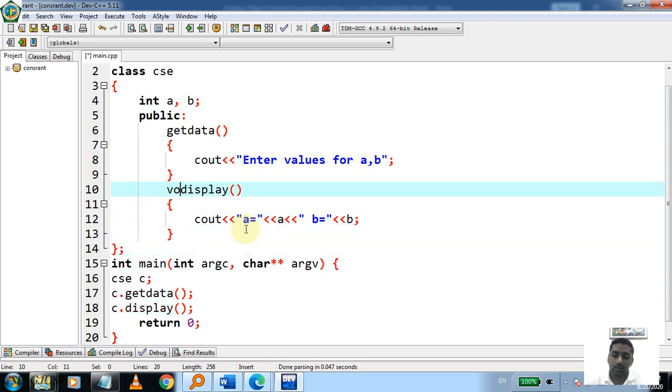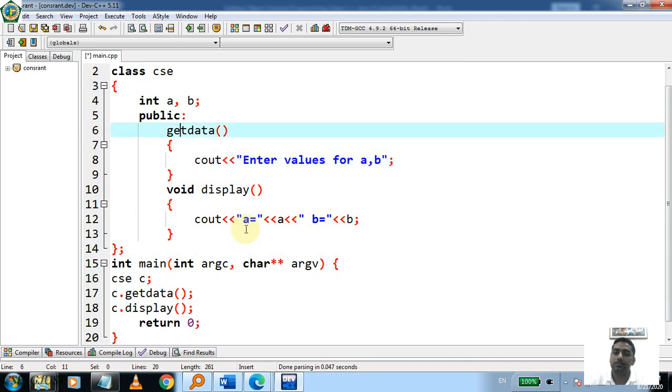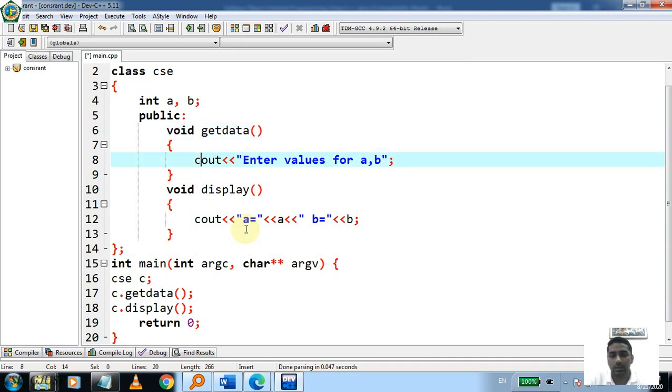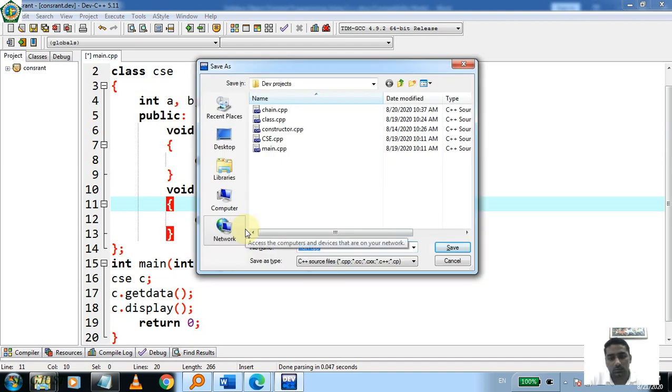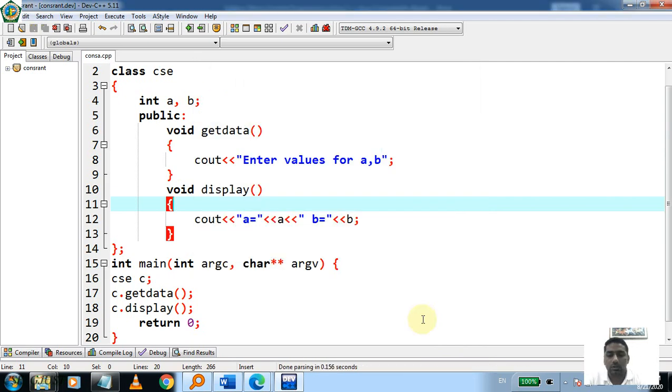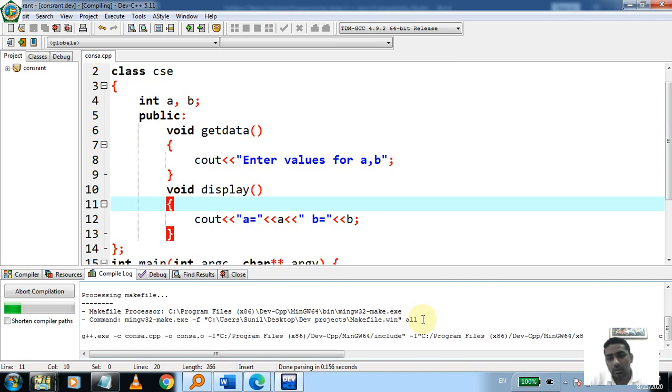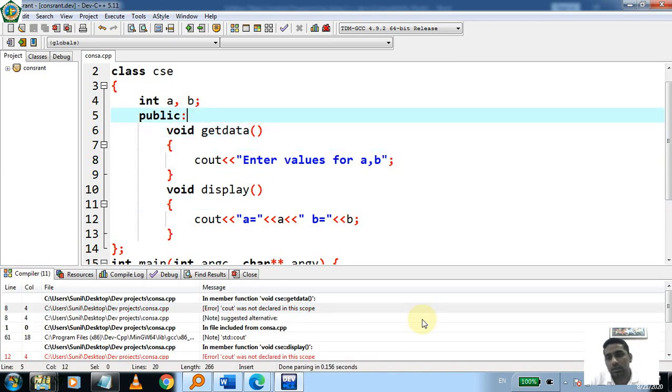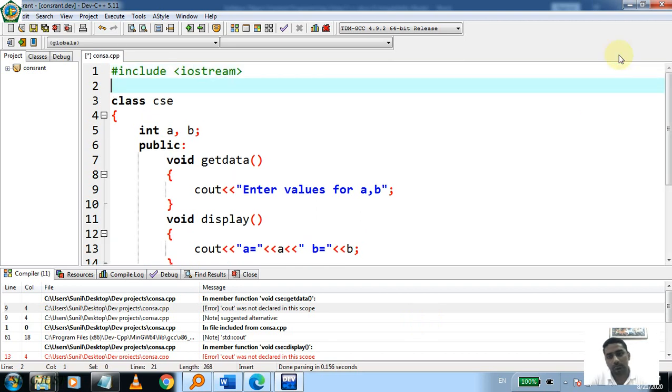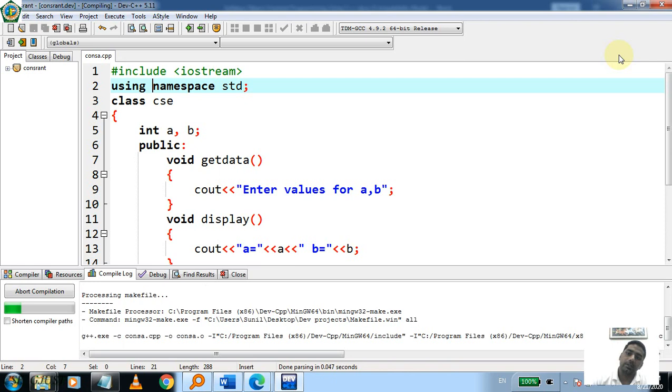Write a prototype in front of the function, void, and save this function with constant. Now try to execute it. We need cout and namespace std; using is a directive, using namespace std.